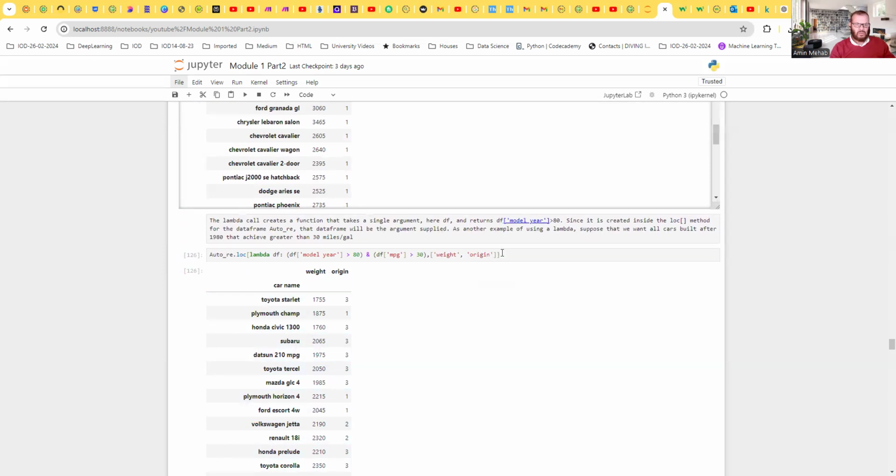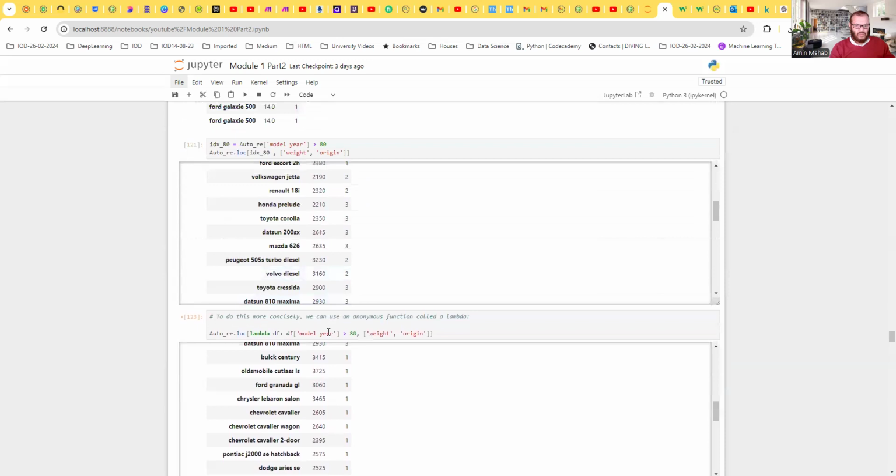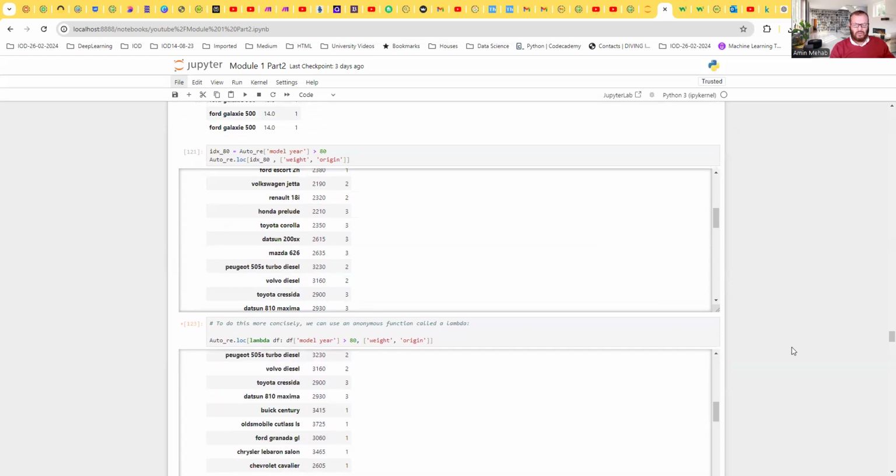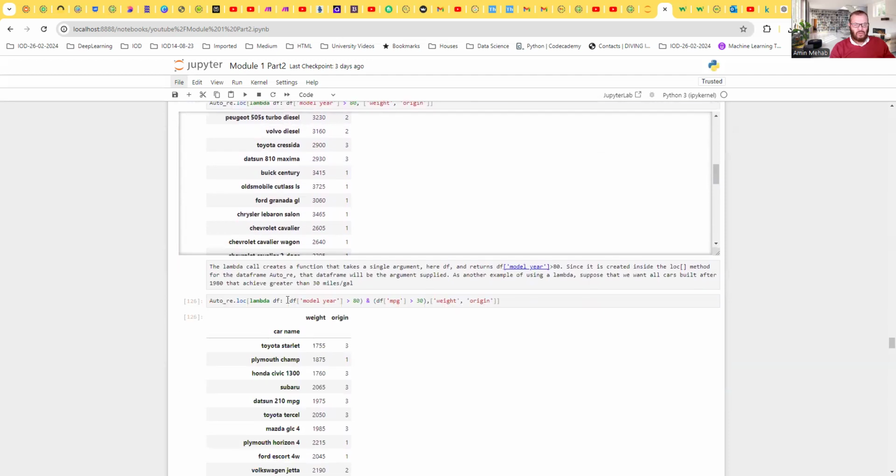That's the weight and the origin. Okay, we have something before. This Lambda here is model year greater than 80, and weight and origin. That's greater than 80, this model here, and weight and origin only. Now, if you want to show something else, the model year exactly the same, greater than 80, and DF will show you exactly